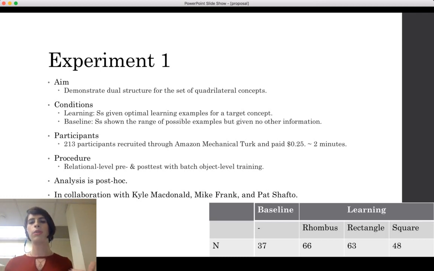In order to do this, we have 2 conditions. We have a learning condition where subjects are given optimal examples according to a learning algorithm in order to learn one of the 4 concepts. And then a baseline condition where they're simply shown the examples that might be labeled but given no true or false feedback about them. So the procedure here, we had a relational level pre and post test, and in between that test, we had the learning condition. So just to illustrate that a little bit more visually for you,